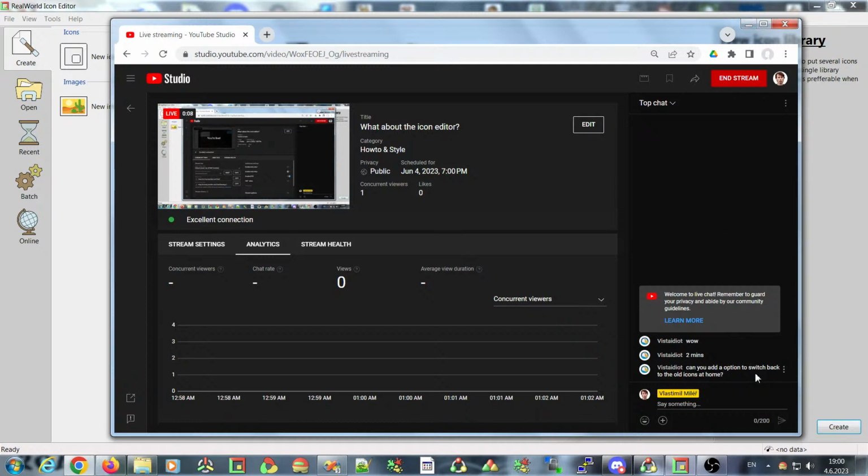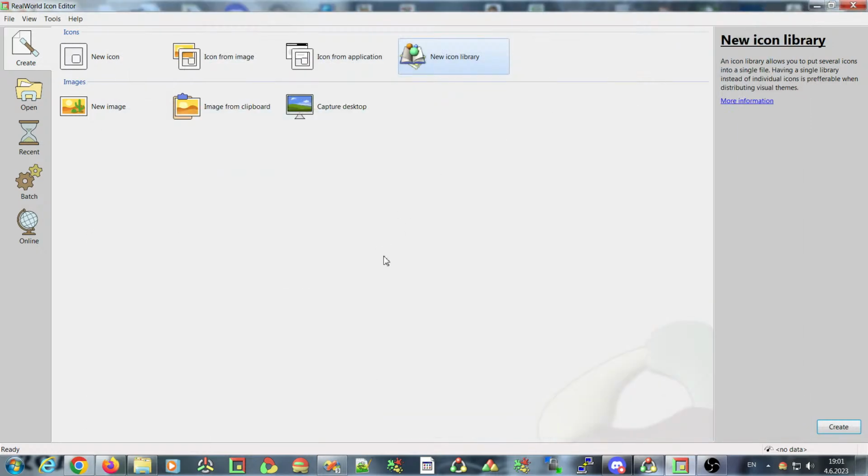Can you add an option to switch back to old icons at home? I don't know what you mean by that comment. What old icons, and how does it differ to be at home or anywhere else? So please expand your comment, but in the meantime I'd like to look at the future version of the icon editor